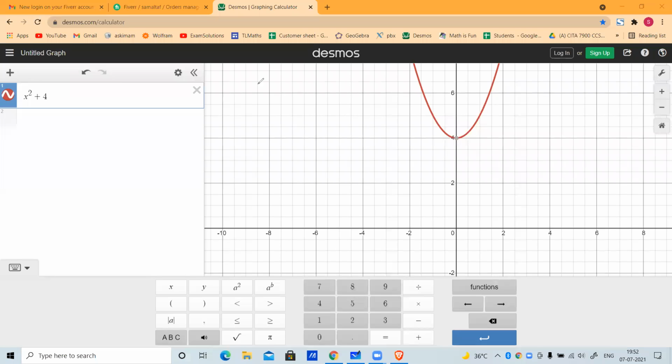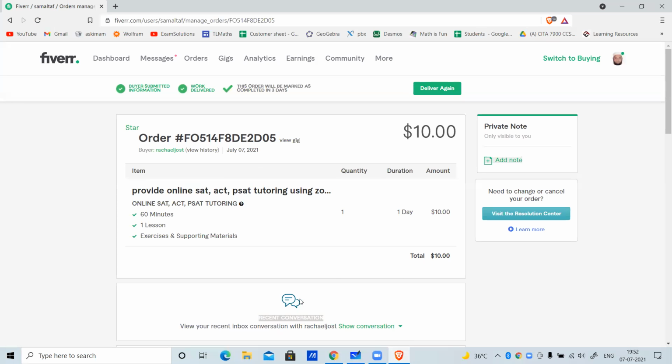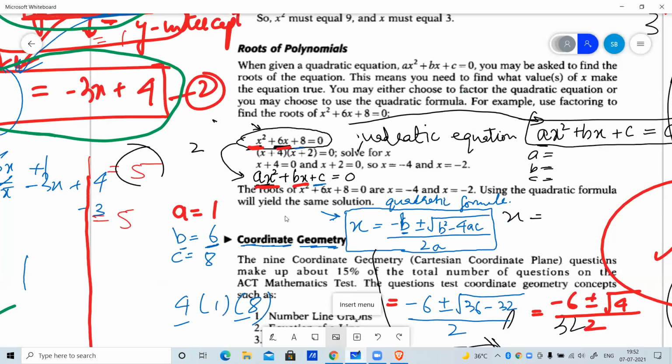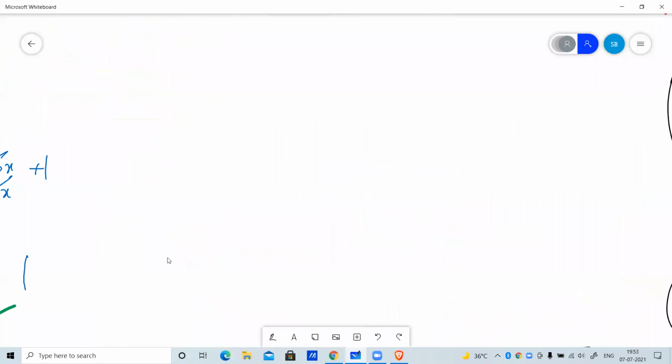So that is it. So we'll go to the next thing. Oh, where is it? It's here. Zeros of a polynomial. You can calculate by using the quadratic equation or the calculator. To make it easier, let us go to